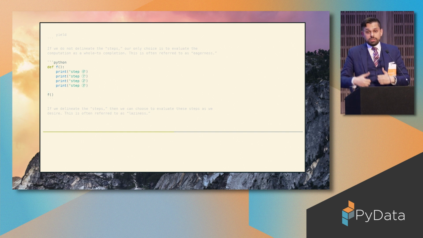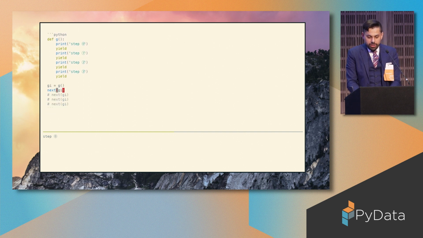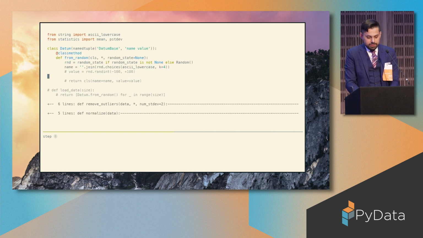But with that said, I can show you one more time what it means to decompose some sort of computation into parts. Here we have a function. It has 4 parts, step 0 up to step 3. And all we can do with this is run it to completion. However, if we were to delineate this into 4 steps, we can run the steps we want,